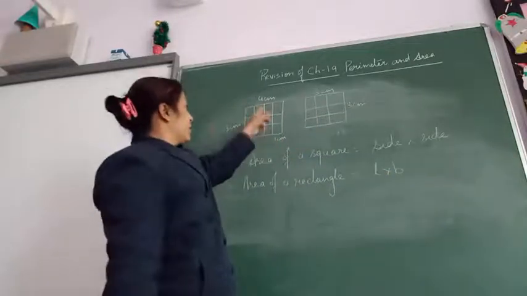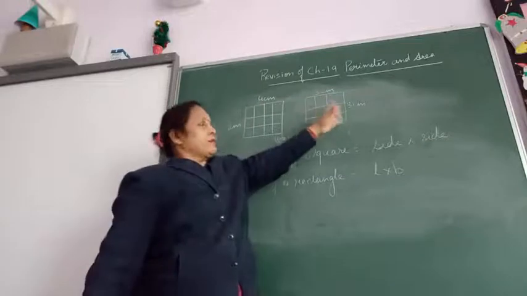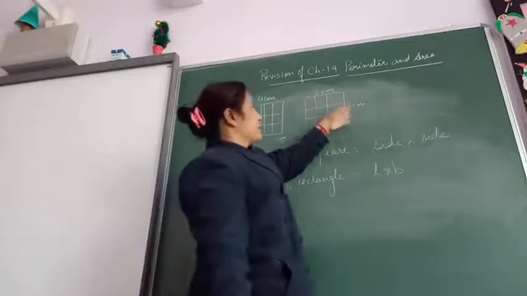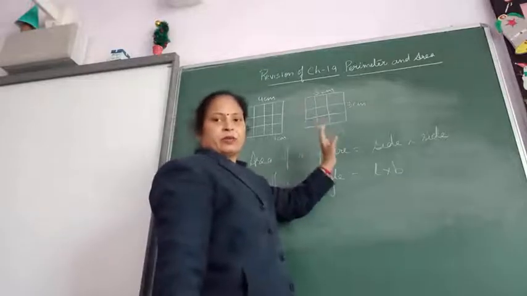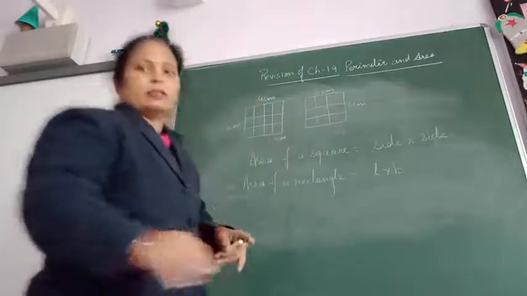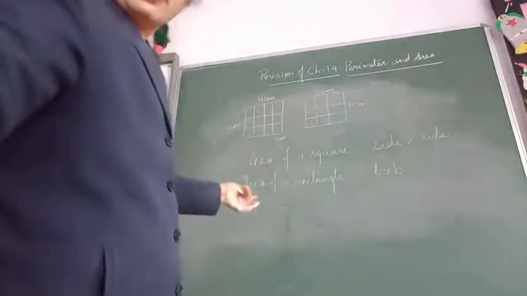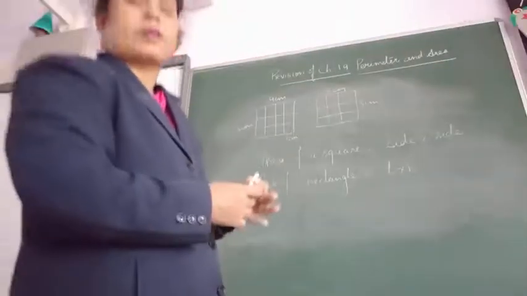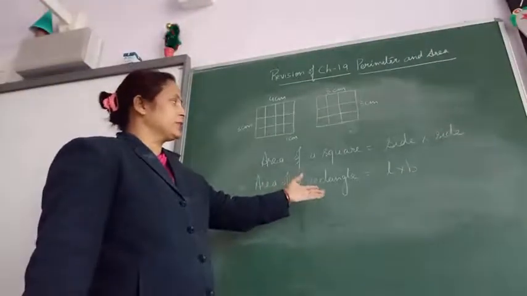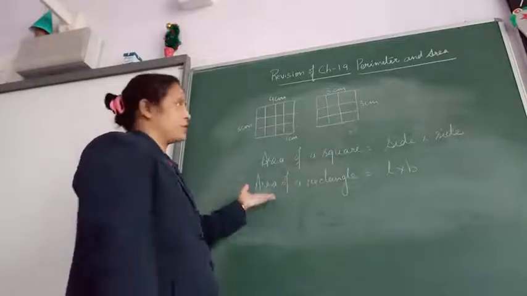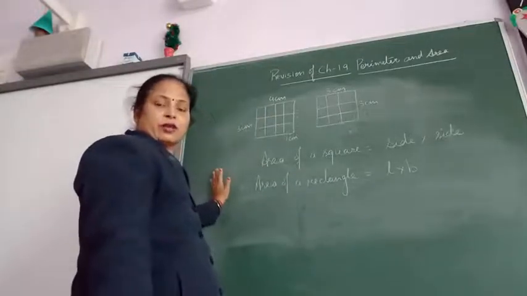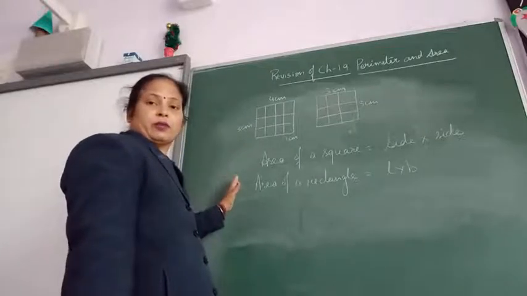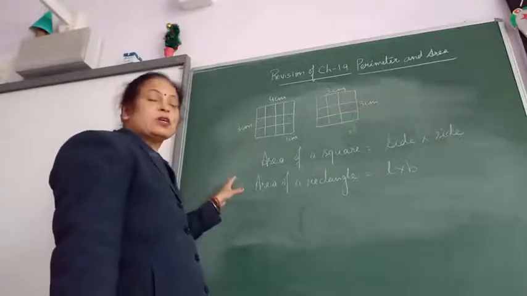So this is the length and this is the breadth. So here also, length and breadth. This is the length and this is the breadth. Because a square has all sides equal, its length and breadth will be equal. Here the rectangle has a different length and breadth because opposite sides are equal. So children, the area of a rectangle is what? Length into breadth. So here 4 into 3, that is 12 centimeter square. We write the unit in square here. Whatever the unit is given, that is written in square.